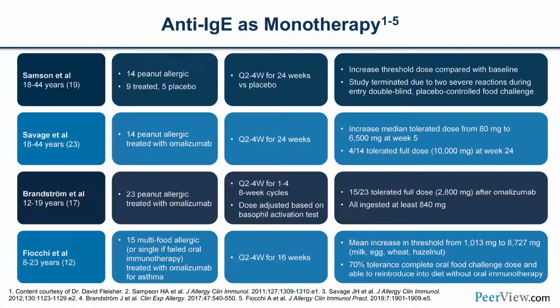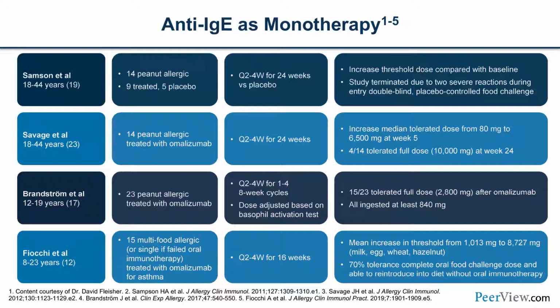And on this slide, we're looking at 4 different studies, focused again, as usual, with peanut. The last study is looking at foods in addition to peanut. All of these studies showed that with the use of Omalizumab, the threshold that would cause a reaction was substantially increased, in some cases way beyond that 600 milligrams that we were looking at with the